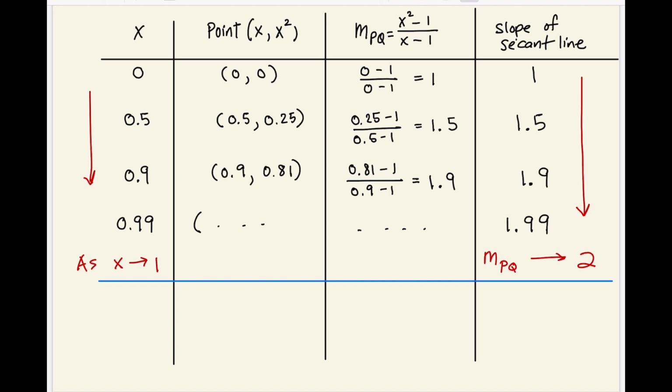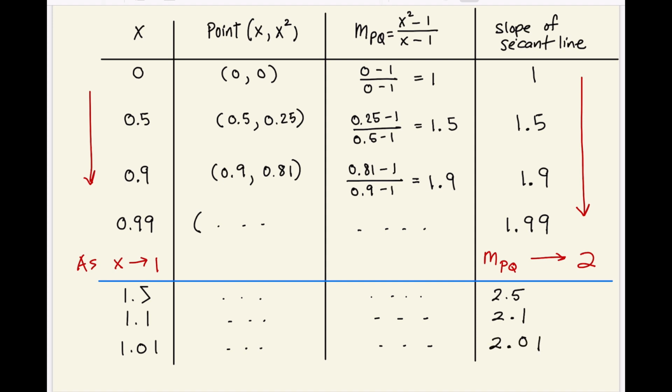If I use the value of x equal 1.5, and I calculate the corresponding point and slope, and if I use an x value of 1.1 and I calculate the point and the slope, the corresponding slope will be 2.1. And if I use the x value 1.01 and I calculate,